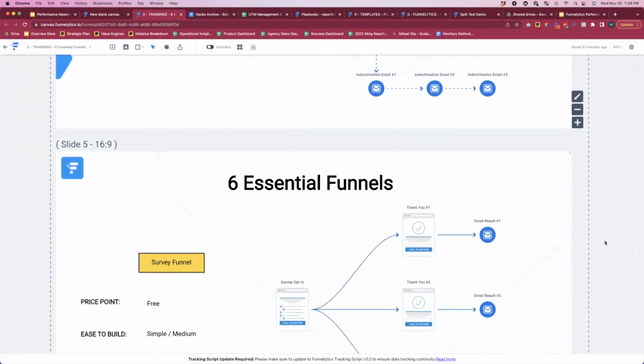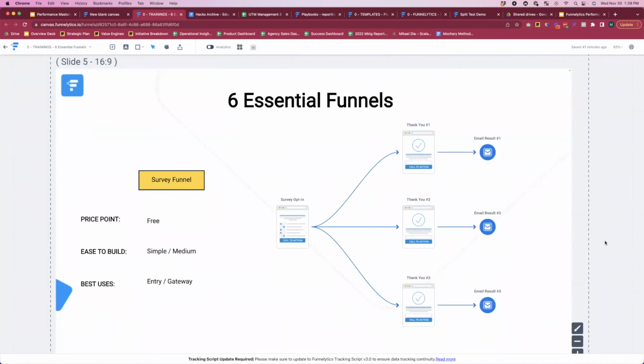Next funnel is your survey funnel. This is also a lead generation funnel. It is also meant to be free. The whole purpose of a lead generation or a survey funnel is to start segmenting your audience. So when you know that your business requires a little bit of segmentation, this is where you would use something